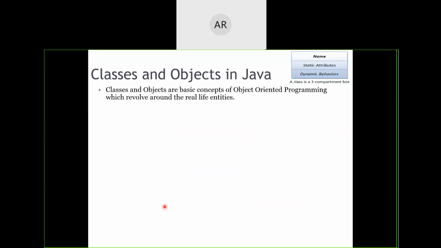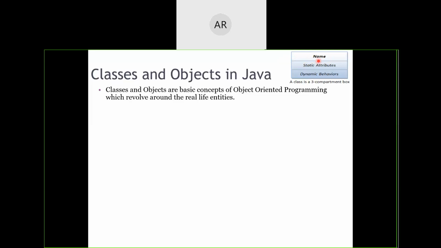Now, what exactly is this particular class and object? Here I have kept a particular diagram for you. First thing that any class will contain is three things. Any class in Java programming will be containing three things. First one is the name of that particular class. Do remember, this class is a user-defined data type. What we are doing by creating a class is creating a new data type. So what is the name of the data type? That will be there for the class. So every class will have three things.